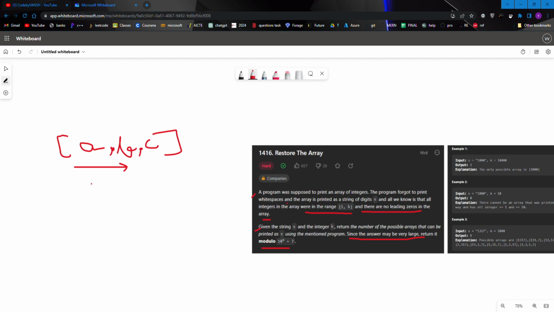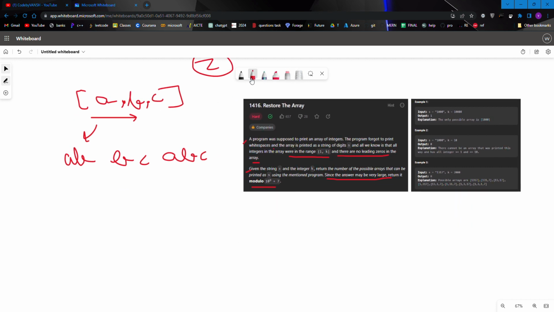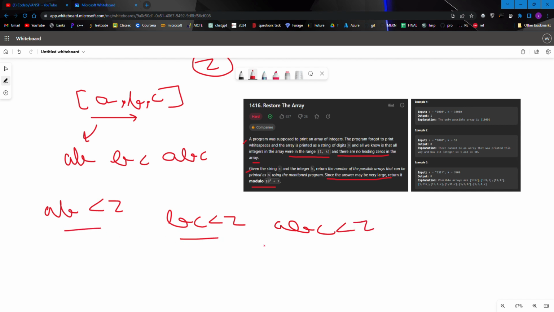So in this case we get as the answer A B C. Now we are given a value Z, and Z is such that AB is always less than Z, or BC is always less than Z, or ABC is always less than Z. So in this way, how many possible ways are we getting our answer? By three ways, 1, 2 and 3.